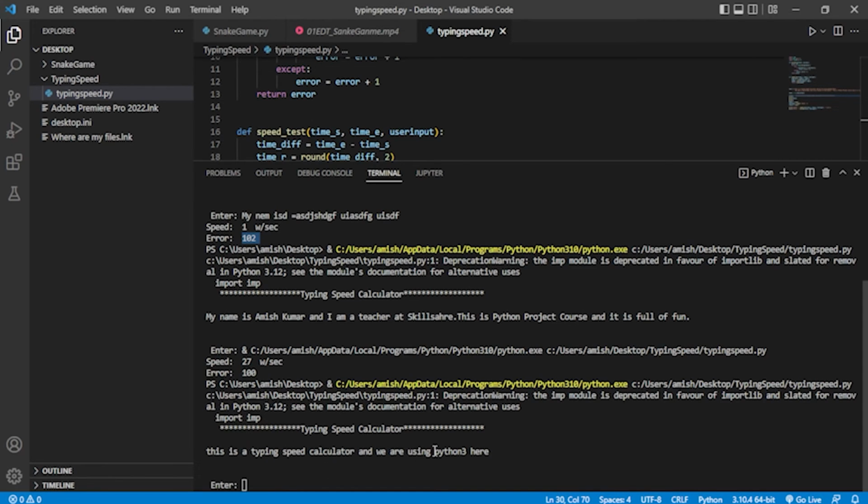Let me run it again. Here you can see that it has given me different results. This is a typing speed calculator. So now I will type it exactly and let's see whether it is working fine or not. So this is your typing speed